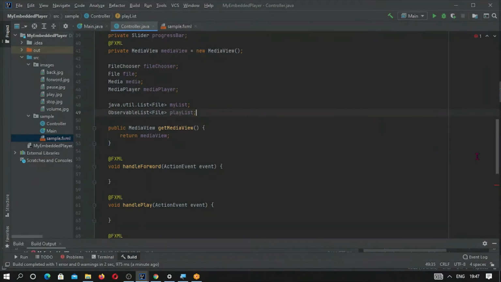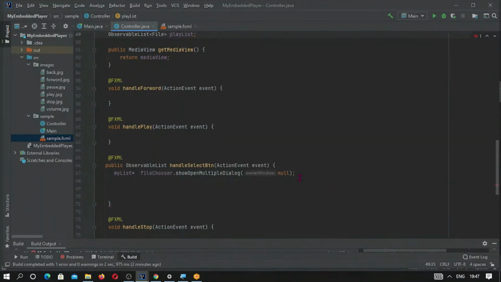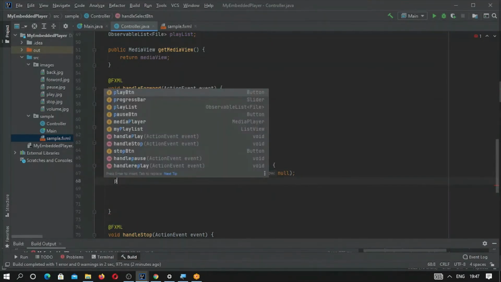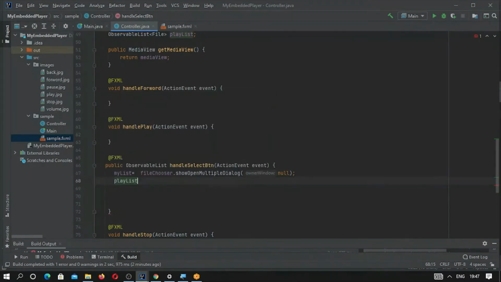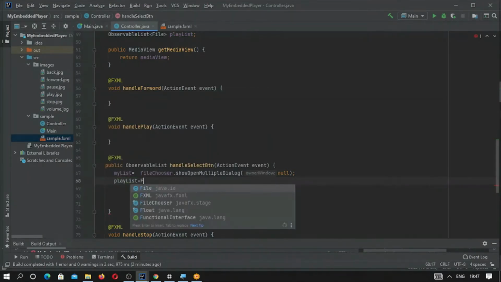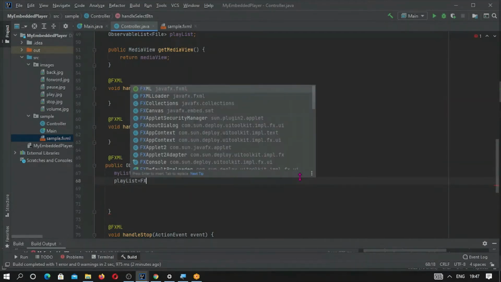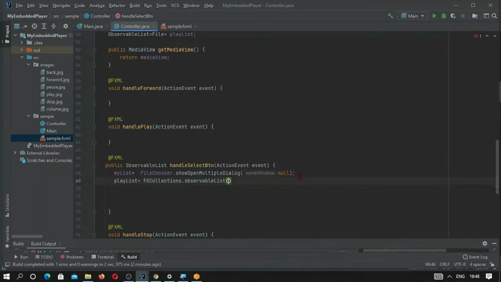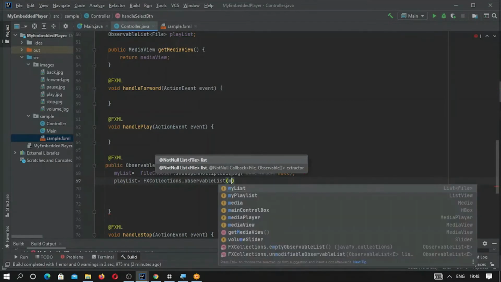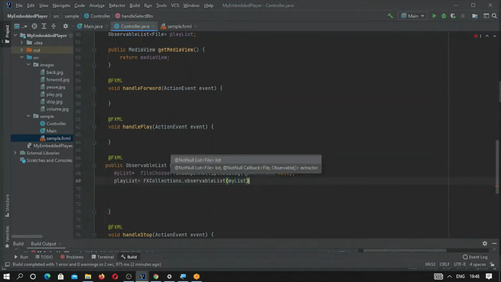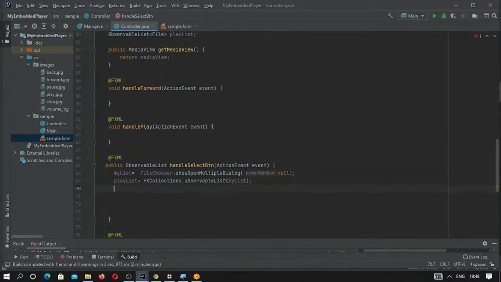This observable list is part of FX collections, so playlist is assigned with FXCollections dot observableList. And the list we want to convert into observable form will be myList.